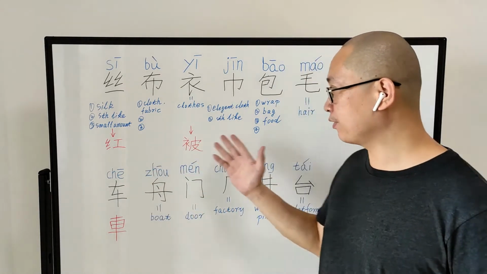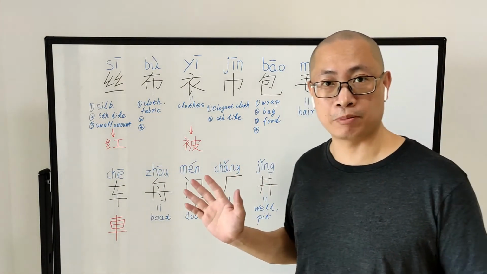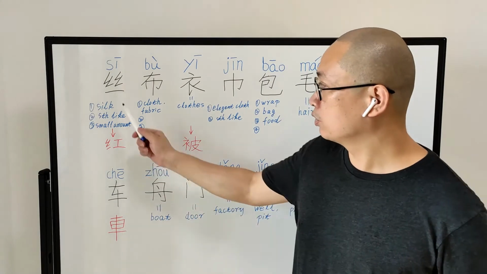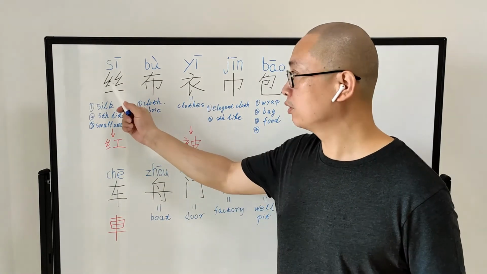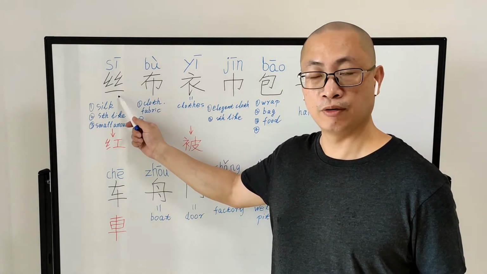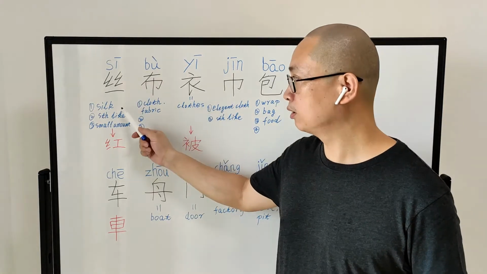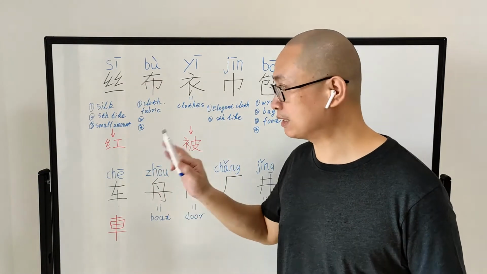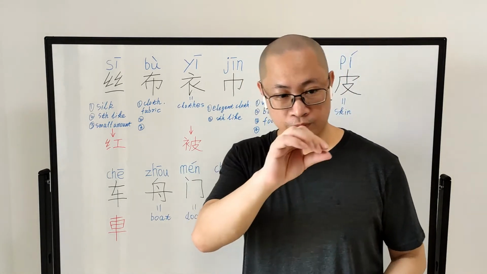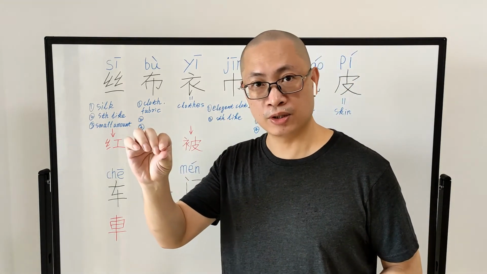Okay, here are 13 basic Chinese characters for this episode. Let's begin with the first one. First tone, 丝, silk, literally means silk and something like a silk. For example, a hair, a single hair,